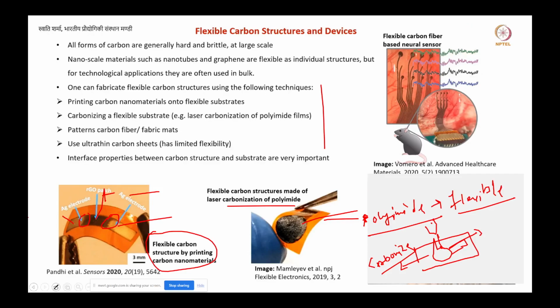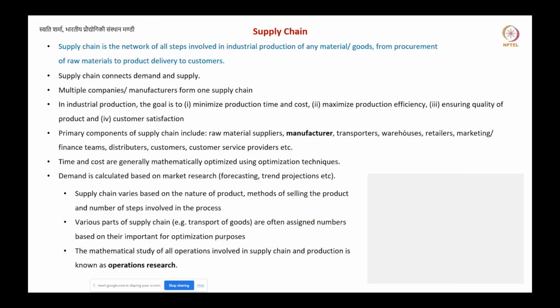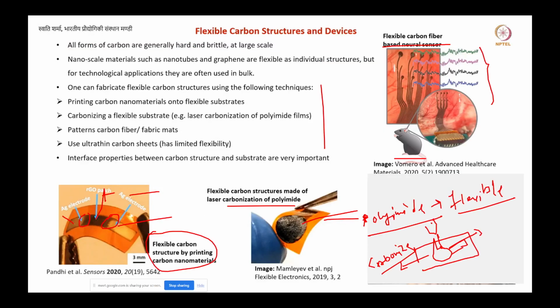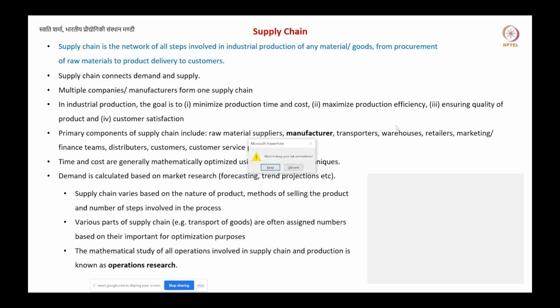And here you can see a flexible carbon fiber based neural sensor. It can be used in neurosurgery in order to detect your brain activity. They have experimented on a mouse, and here you can see the brain signals, which are called EEG, brain signals that you can get from inside your brain. And yeah, so basically this is all for today, and there are some more concepts